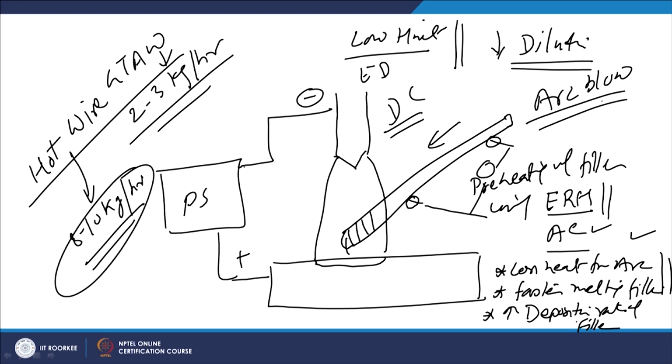So, this will lead primarily to the misplacement of the molten metal or the weld bead which is being deposited, and if the weld bead is deposited at the location where we do not want, that's it, then it will simply lead to the wastage of the resources. So, to avoid such a tendency related to the arc blow, the DC is used primarily for developing the arc and AC is used for preheating of the filler wire.